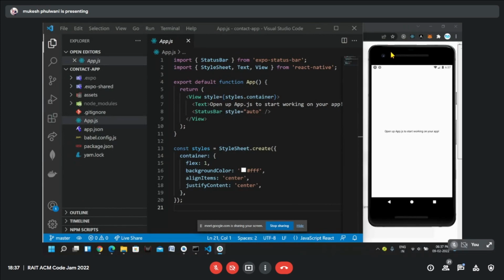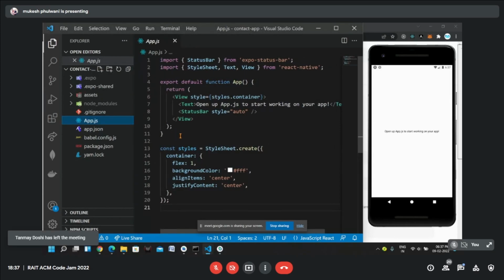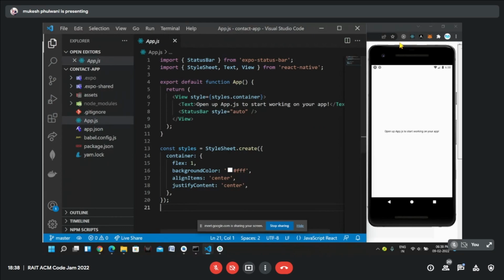Okay. So before we start building our application, does anyone have any question or doubt? If you feel like you need a little more revision on any topic, or if you are not confident in any topic, you can tell me. We will go through that first before creating an application. Regarding installation, I hope everyone has installed React Native or Expo on their system. Does anyone have any question regarding installation, or are they facing any issues? Okay, so I'll assume everyone has done it.